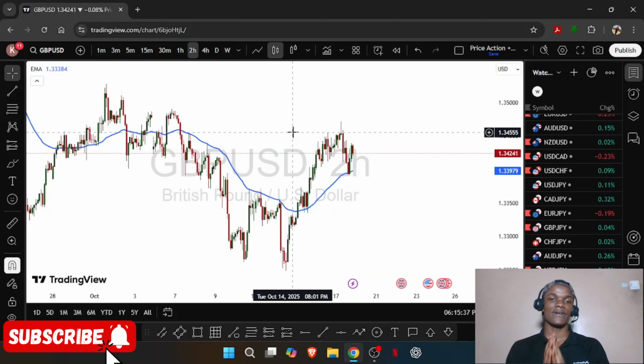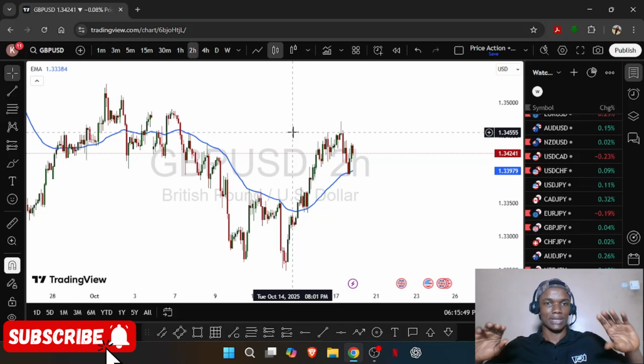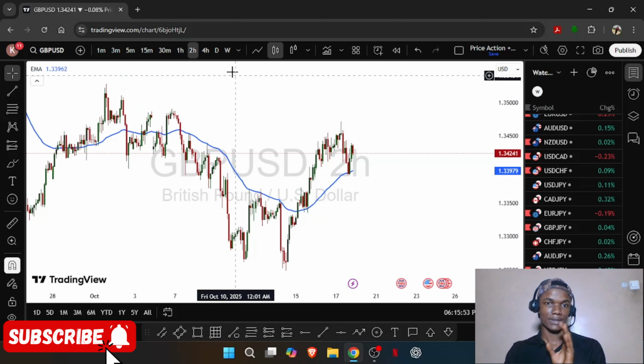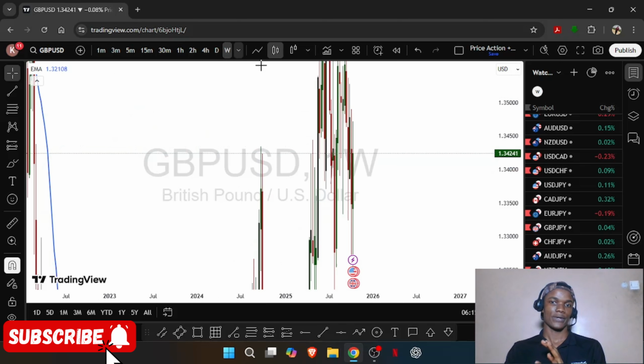All right, so guys, the first thing I usually do is come to the higher time frame, which is the weekly or the monthly, and those zones, those areas, are just to plot zones. I don't do any analysis there. I just come and plot key levels, so as for me to be aware, and this is how I go about it. I come to the weekly time frame, as you can see,